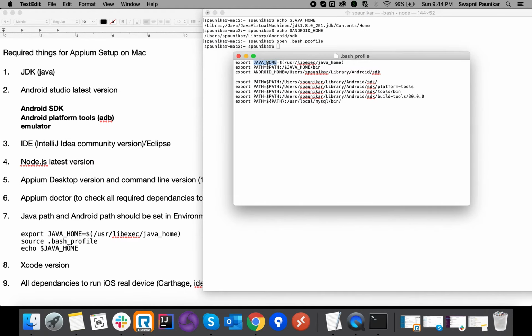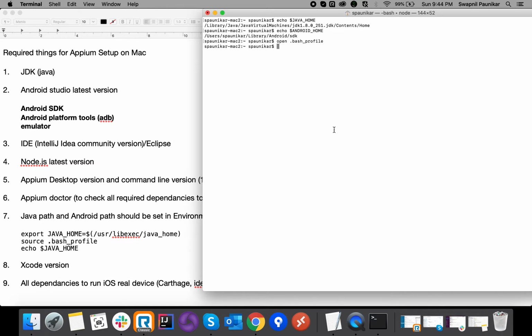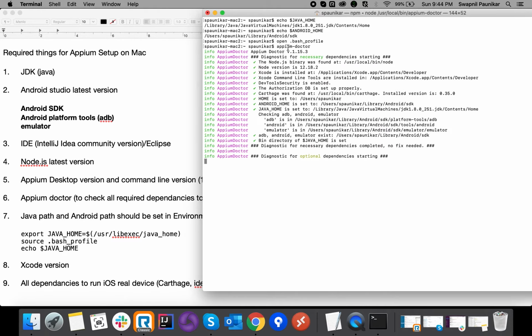If these entries are there, then only when we trigger the APM doctor command on the terminal will you see this succeed for Android home and Java home. Whatever path I have given in my bash profile is reflected, and the same Java home is reflected here as well.